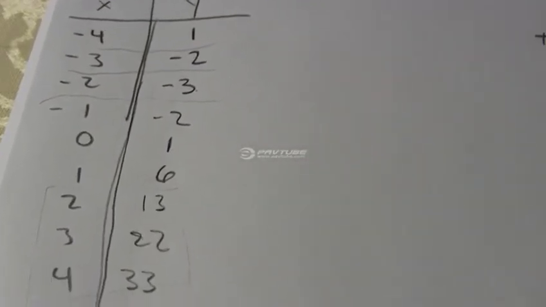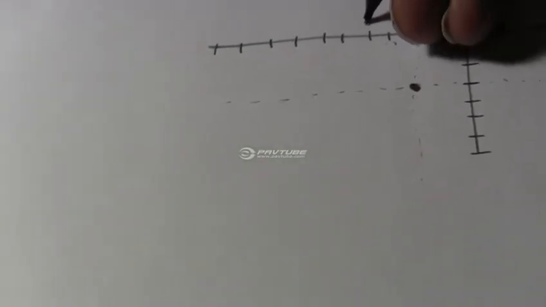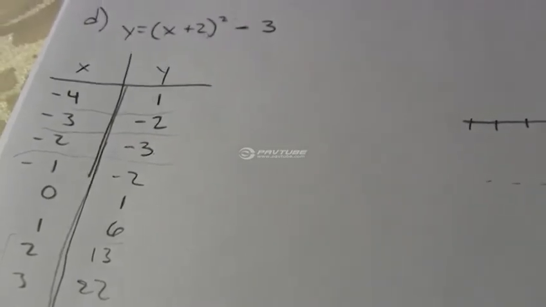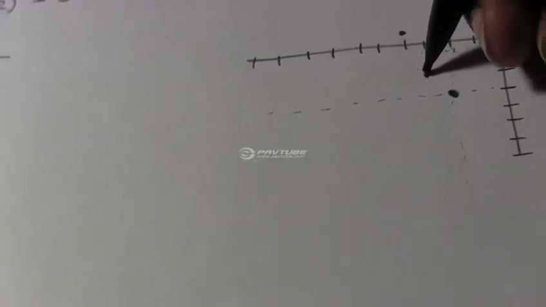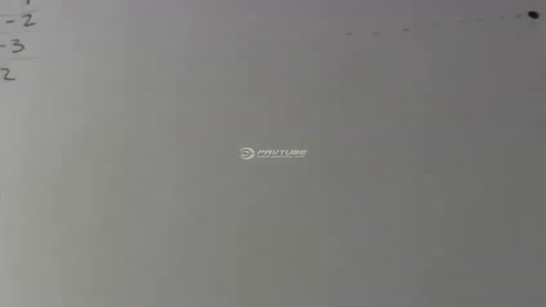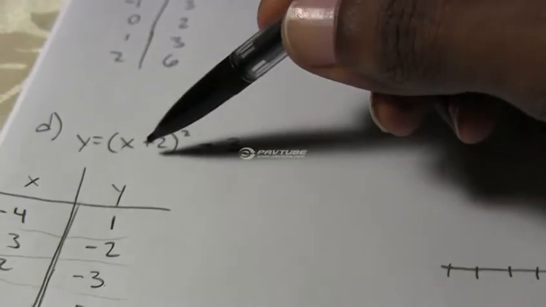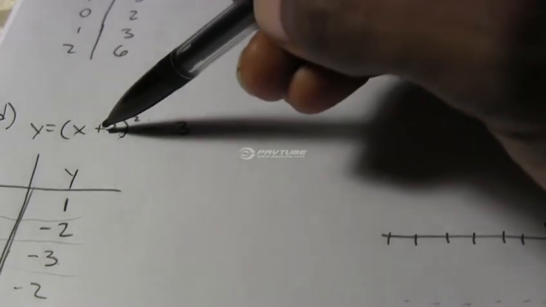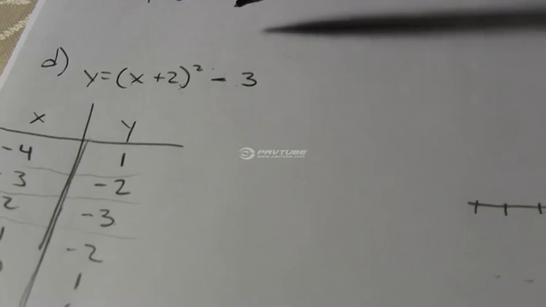There's negative 1, there's negative 2, negative 3, negative 4. Right? So negative 4 is 1. Negative 3, negative 2. We said negative 2 is negative 3, right? Negative 1, 2, 1, 2, 3. It's right where we said it would be. Right? Just by looking at it. Just by looking at these and saying, well, we know plus 2 means we're going 2 to the left. And we know that minus 3 means we're going